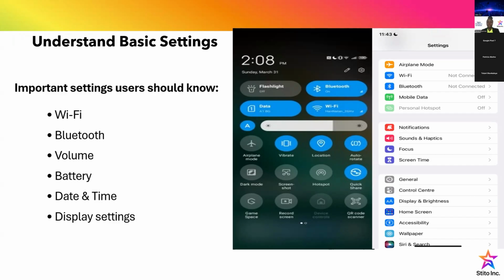It depends on the setting you give to it. Date and time is also there to ensure that our date is correct, our scheduling is correct. Time is important for reminders. Imagine if my time is 2 hours behind Winnipeg time, for example, and this meeting is for 10 o'clock Winnipeg time.